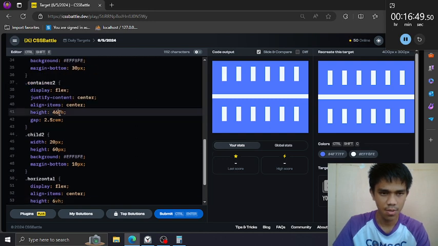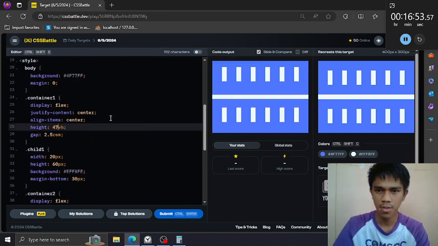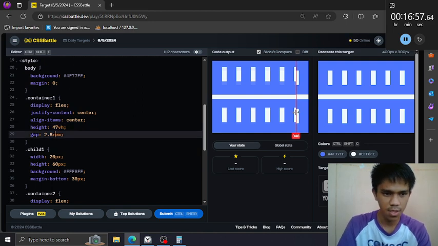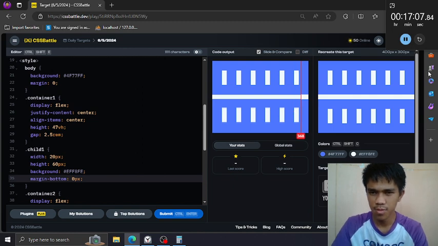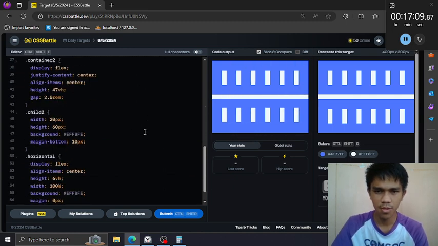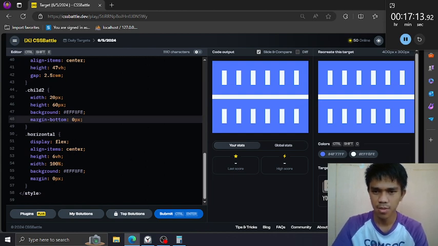This one, 47. And 47. And then reduce the margin bottom to 20. 0. Yeah, 0 will do that thing. And of course this is 0.